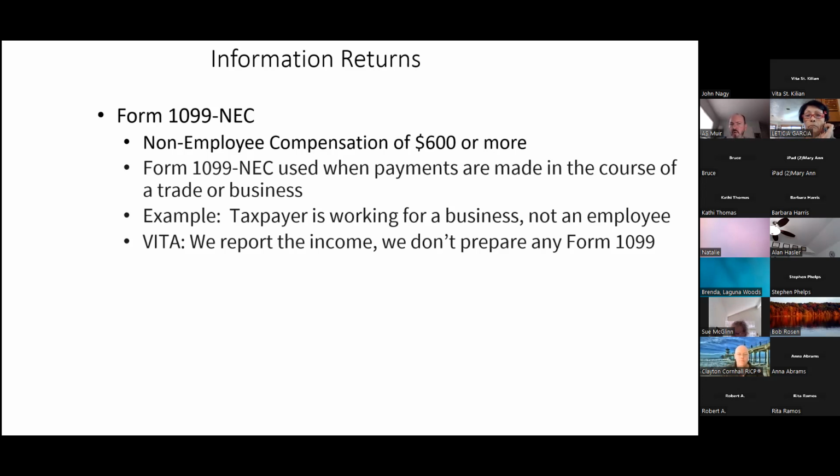And I think I see more and more of these 1099 NECs. There's a lot of things I see more and more of in VITA. Certainly these information returns, the 1099K, the 1099 MISC, the 1099 NEC. And then for some reason, I see a lot of people who gamble, and some of them are unsuccessful, some of them are, but there's just certain trends you're going to see more and more of.